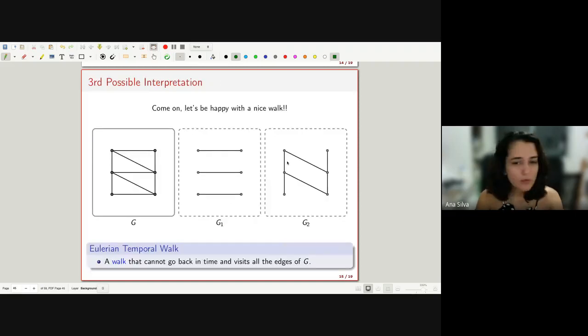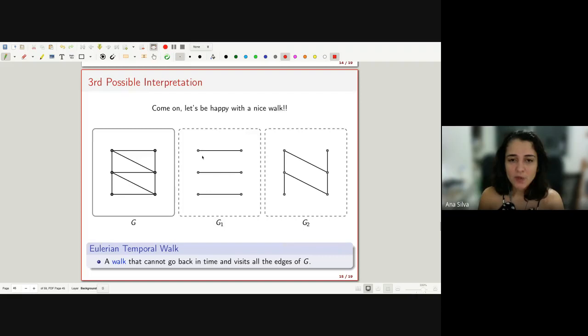But what if we don't put any constraints at all, right? So now our third and last interpretation is, let's just be happy with a nice walk, right? Let's just do a temporal walk, we can go back in time, but that visits all the edges. And indeed, it might not be possible. So this is an example, right? So these three edges occur only here,